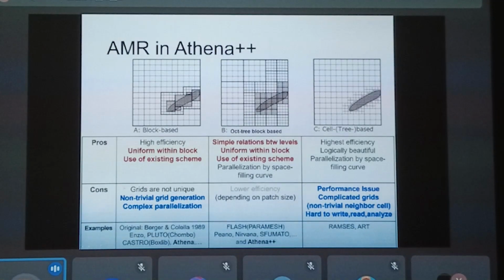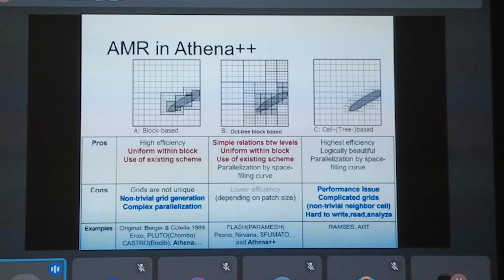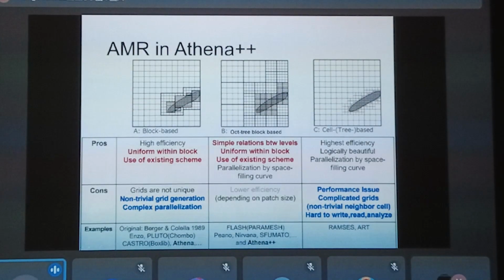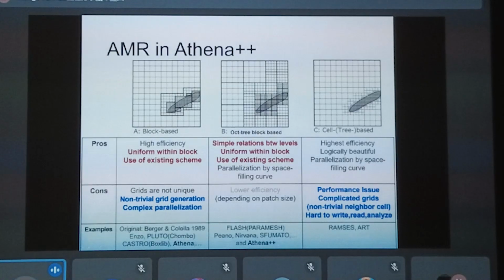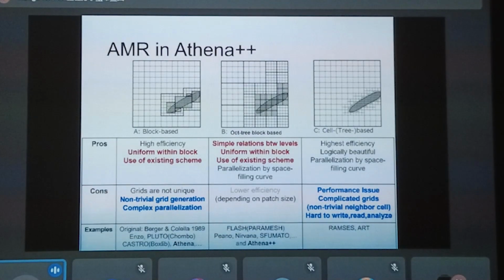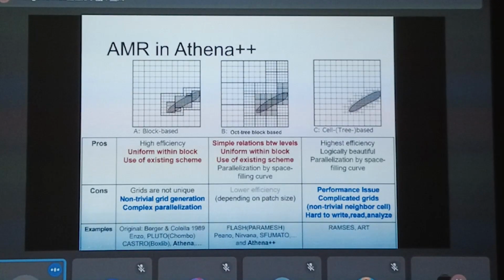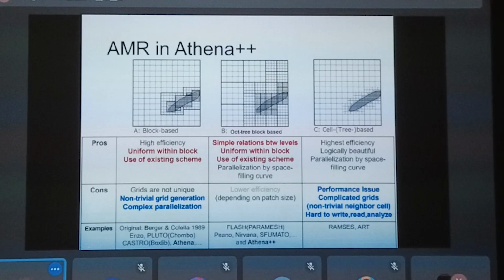But the disadvantage of this design is that this grid placement or arrangement is not unique, and you need some calculations. Also, this grid generation is non-trivial, and even worse, it is hard to parallelize because the load balancing is very complicated.